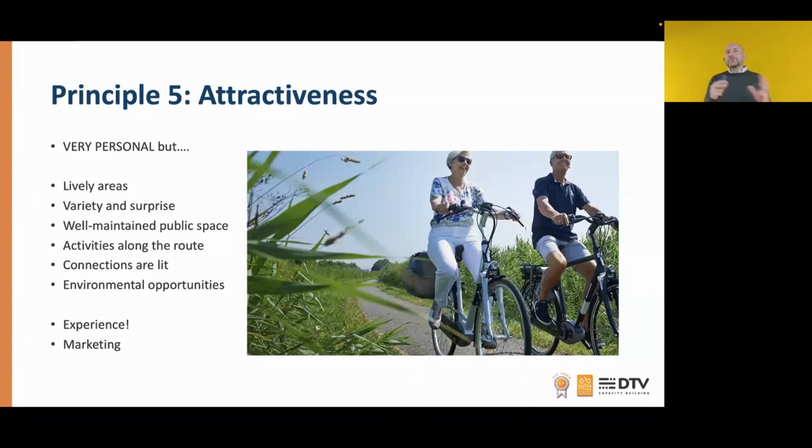And the fifth one, where it really becomes subjective, is attractiveness. But there are some key elements that hold and that apply when planning and designing for cycling infrastructure. What is generally conceived as attractive is lively, green areas, well-maintained, waterfront, and staying away from congested, busy, noisy areas and streets. I think everybody can relate to this.